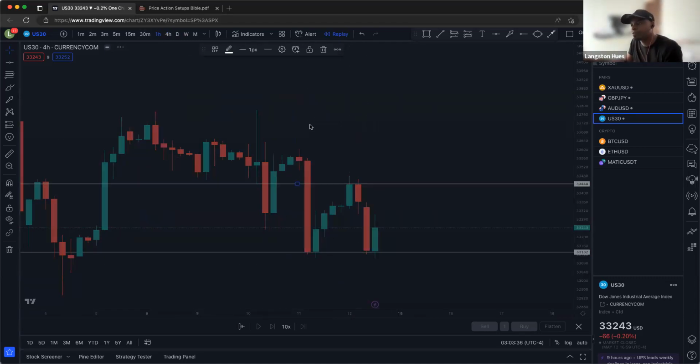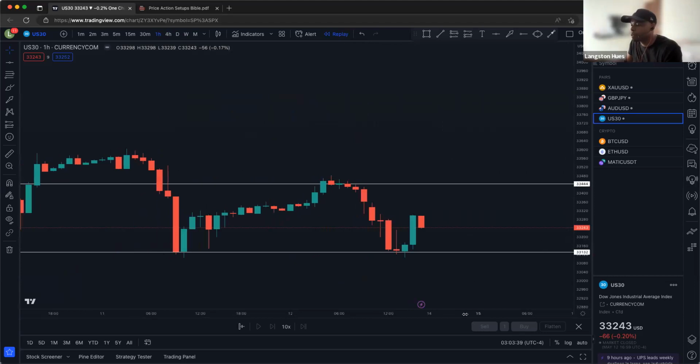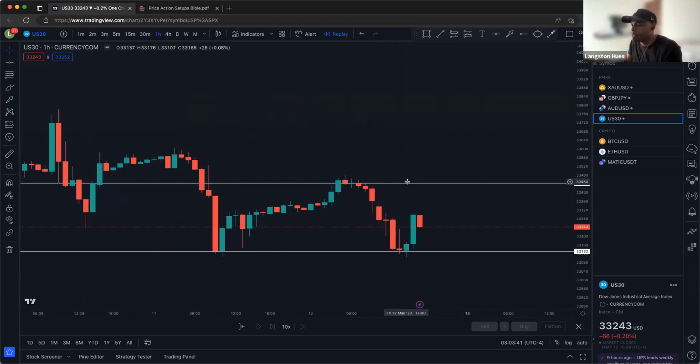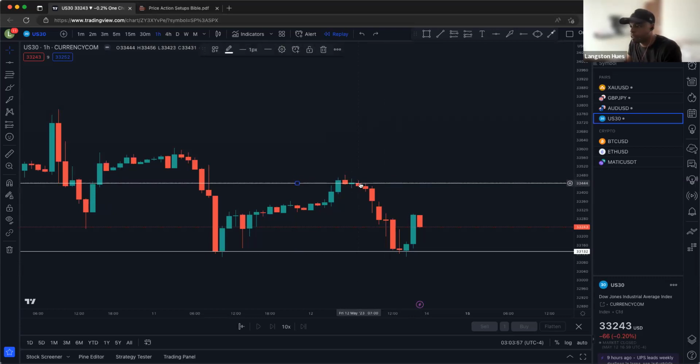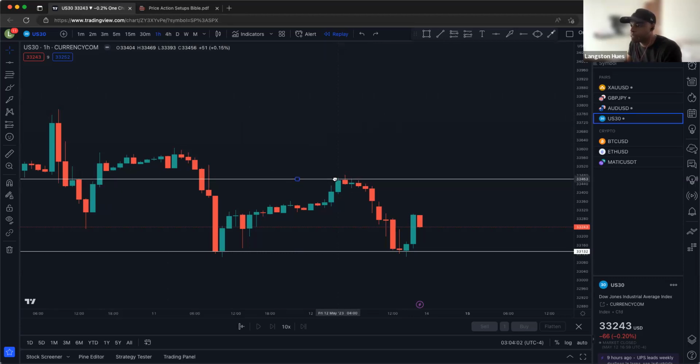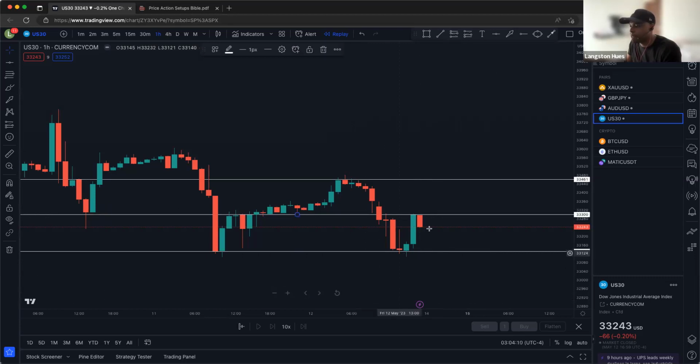Let's come over to the 1-hour. Looking at the 1-hour, we see that now this daily and 4-hour support is holding strong on the 1-hour as well. We can probably adjust our 1-hour resistance to here. So previously our 4-hour was here. The daily was way up here somewhere, but now we're going to adjust it according to where the 1-hour resistance is. And sure, this candle has a level right here as well.